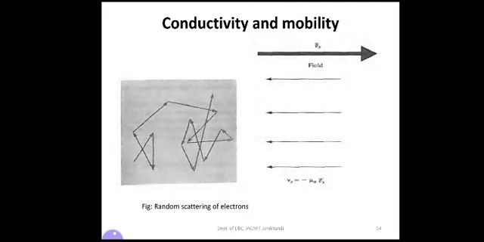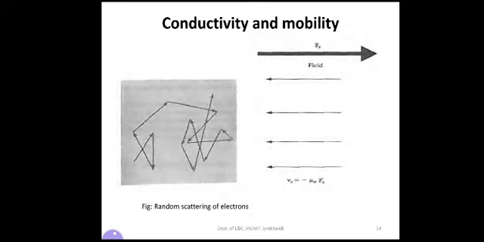If an electric field epsilon x is applied, as shown in figure number 2, in the x direction, each electron experiences a net force. As you know, if the electric field is applied in the x direction, then the electron experiences a net force, given by minus q into epsilon x from the field.